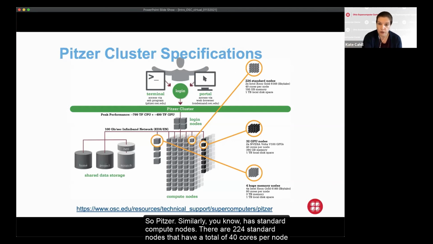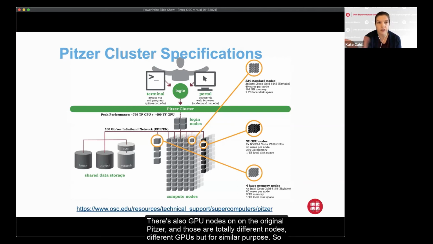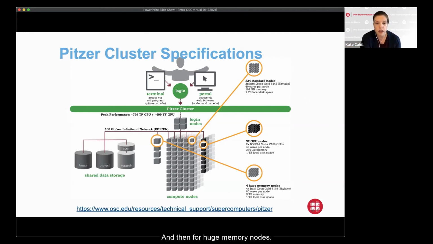There are 224 standard nodes that have a total of 40 cores per node, and each node has 192 gigabytes of memory. There are also GPU nodes on the original Pitzer, and those are slightly different nodes, different GPUs, but for a similar purpose. So those are standard compute nodes, again, with the GPU available, and then 4 huge memory nodes.